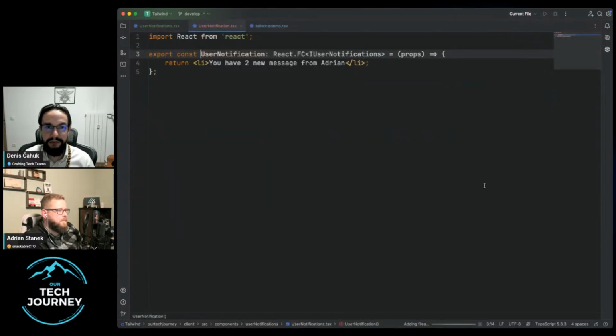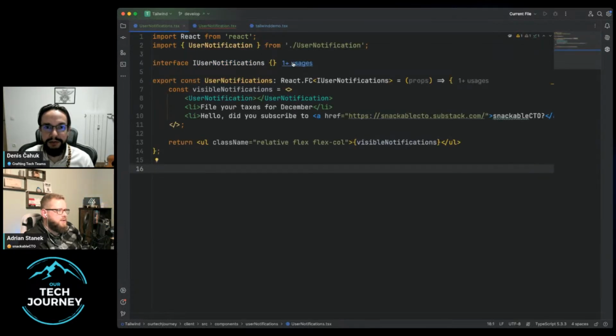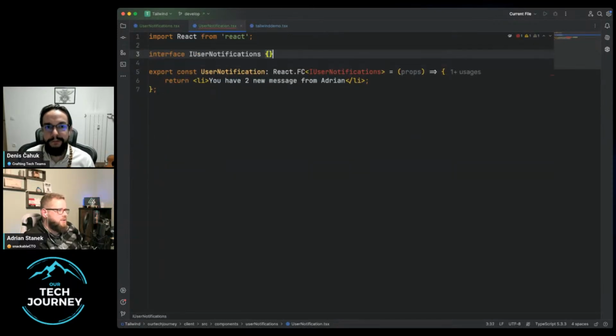I move the component. Boom, done. And I need to do this, and I need to have this. Exactly, and there we need to now define something. So some people go and have multiple props.